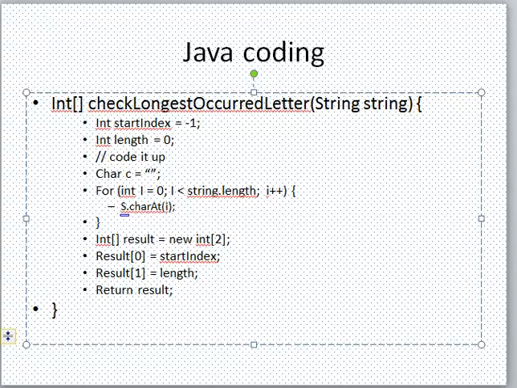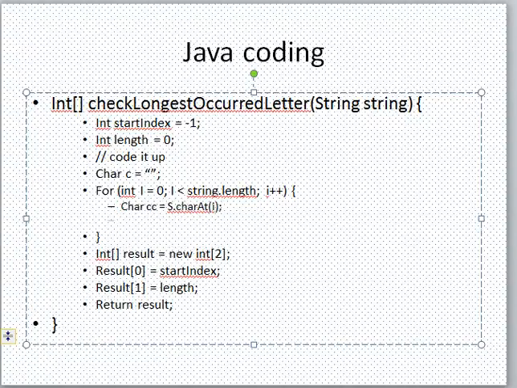You can create a char cc, let's say, and then we compare each character. We compare whether the previous character equals the current character or not. It's basically a pointer, and if it's not equal,